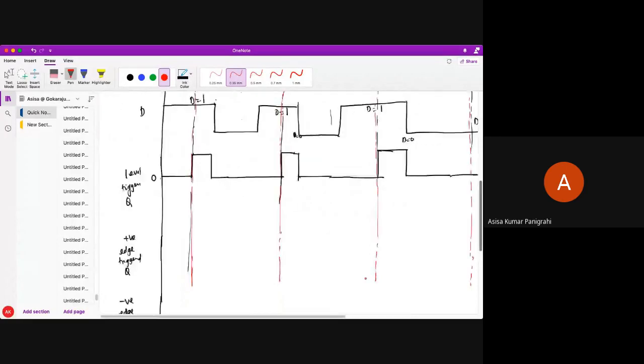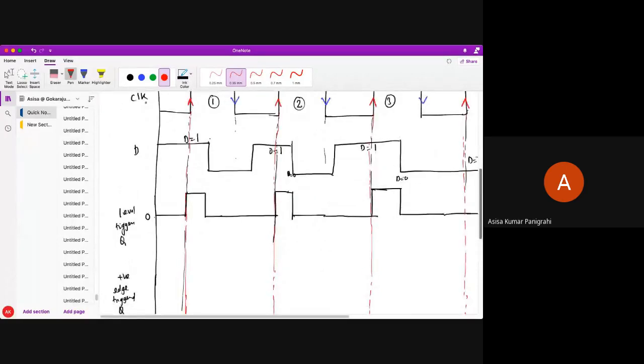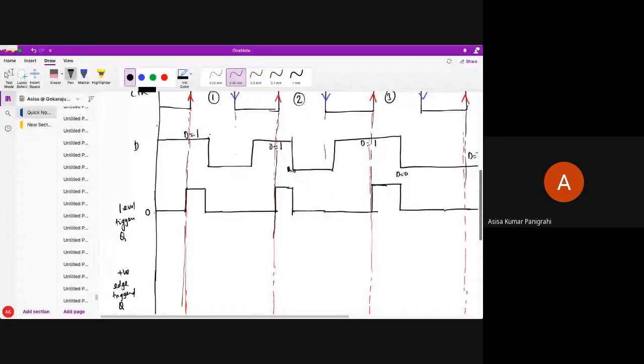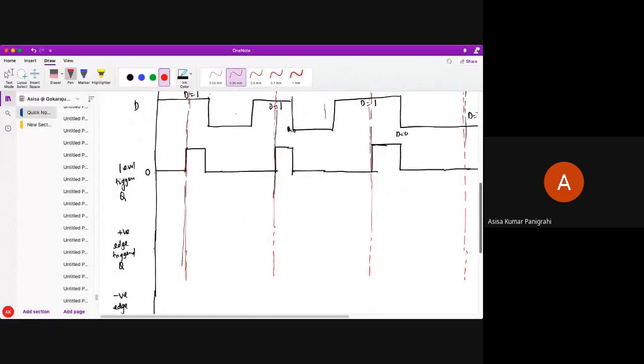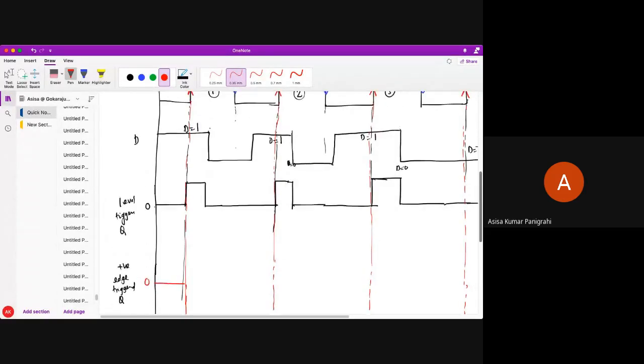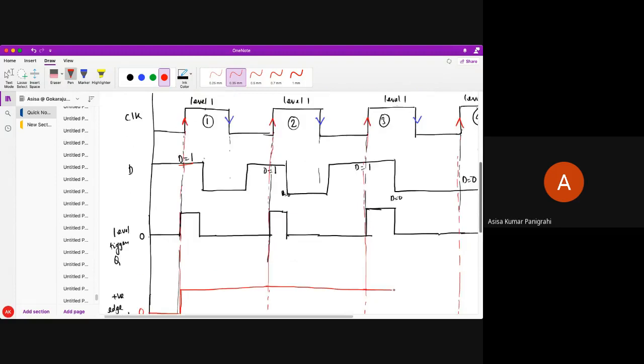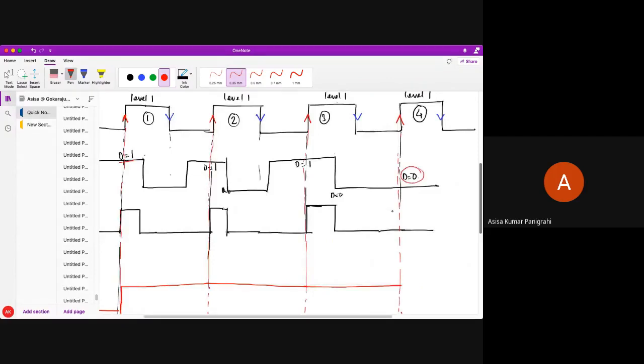Now what is happening in this positive edge? So my initial output, I have set it to 0, so I'm going to put here Q equal to 0. Okay, next in this positive edge, it is going to check what is my D, equal to 1. D equal to 1 means it will go to 1 up to the next positive edge. Again here it will check D equal to 1, and again it will keep on going to the next positive edge. Again it will check D equal to 1, then it will keep on going to the next positive edge. In this positive edge, it is going to check D equal to 0. 0 means it is just going to this.